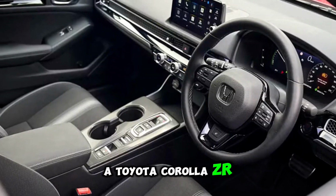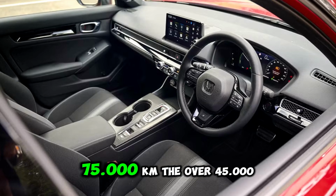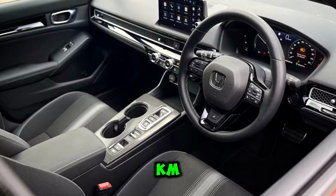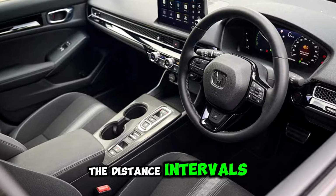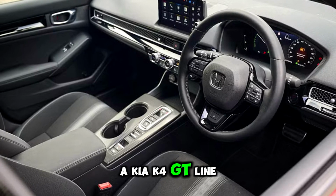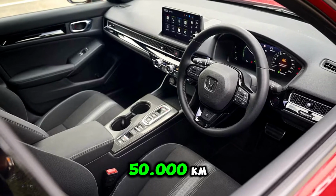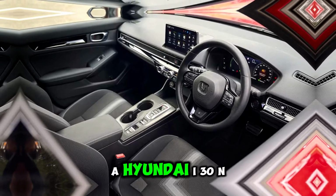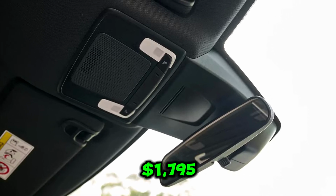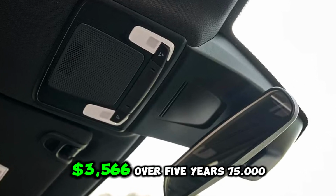A Toyota Corolla ZR hybrid hatch costs $1,250 over 5 years, 75,000 kilometers, though over 45,000 kilometers, if you plan to hit the distance intervals before time intervals, it's $750. A Kia K4 GT line sedan costs $2,435 over 5 years, 50,000 kilometers. A Hyundai i30 N line mild hybrid hatch costs $1,795. And a 1.4-liter Volkswagen Golf quotes $3,566 over 5 years,